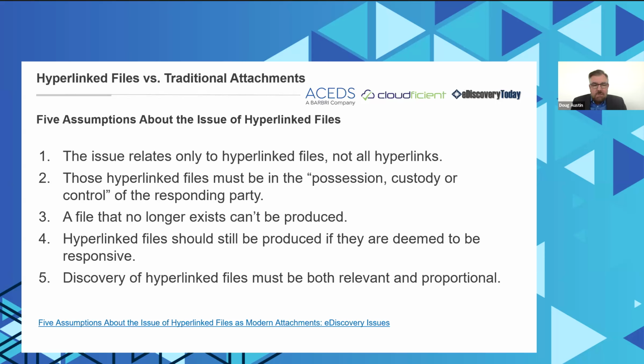Fourth, I state that the files should still be produced if they're deemed to be responsive, even if, when we get to proportionality, and five here in a moment, I'll touch on that. But when we talk about the files, if they are in primary data sources and they are independently responsive, they should probably still be produced. Whether or not you can link them to the email is another challenge. That gets into proportionality. But still, you should be producing responsive data, and if they're available at least independently, you should be producing them.